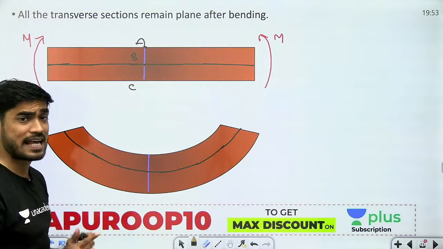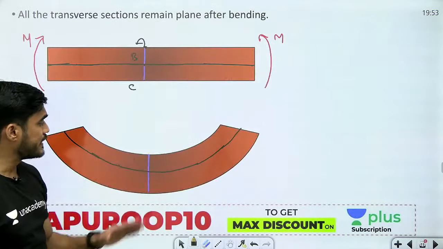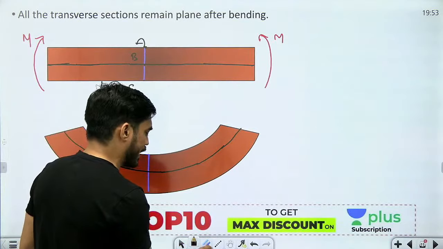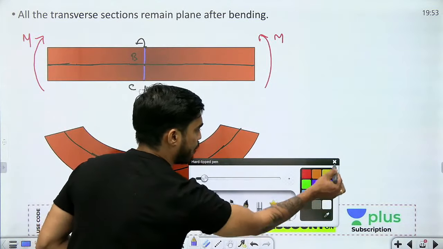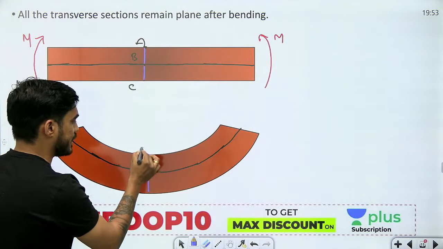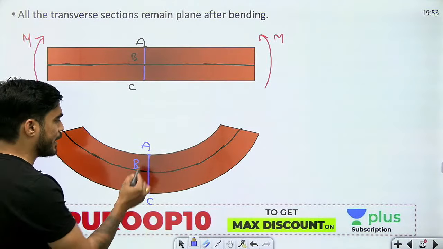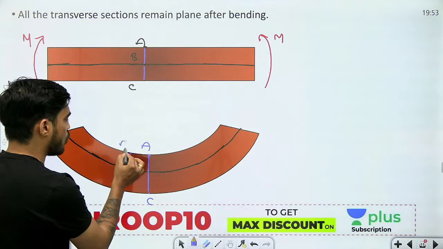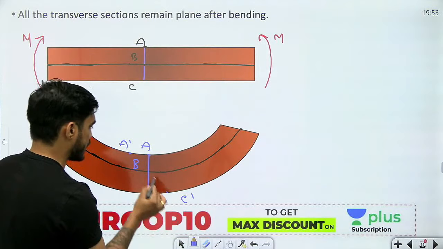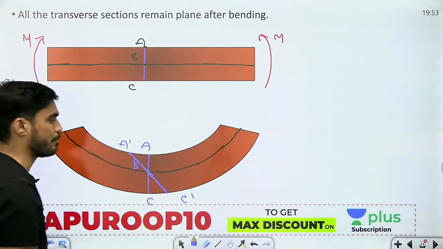Okay. Now what is our assumption? That the transverse sections remain plane after bending. This is a transverse section and it was before bending. Now after bending, what is going to happen? Understand. After bending, I am assuming that this section will remain plane. So beta, let's say this is point A, this is point B, this is point C. So after bending, what is going to happen? A will go here, A dash, B will remain there, C will go here, C dash. So I am going to get something like this. ठीक है, मेरे को कुछ ऐसा डायग्राम मिलेगा.